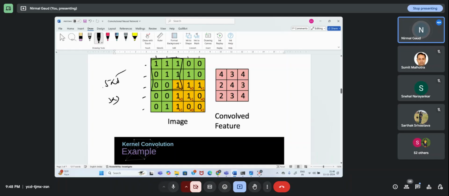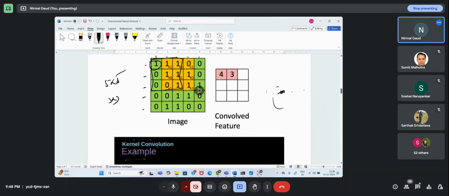Element wise multiplication is there. That means whatever element is present in the filter will be multiplied to the element present here. It is element to element, according to the positions, and then overall addition will be there. So let me show you again. I'm having one more diagram for it. Okay, let's get started.